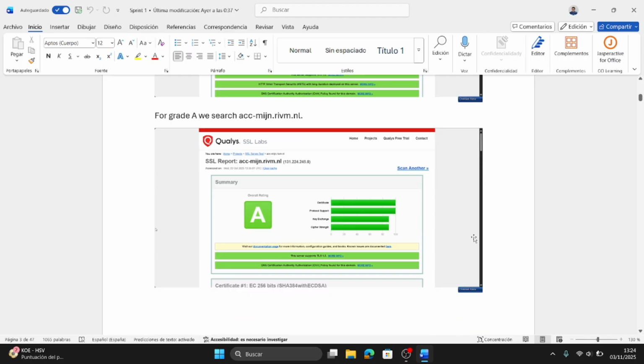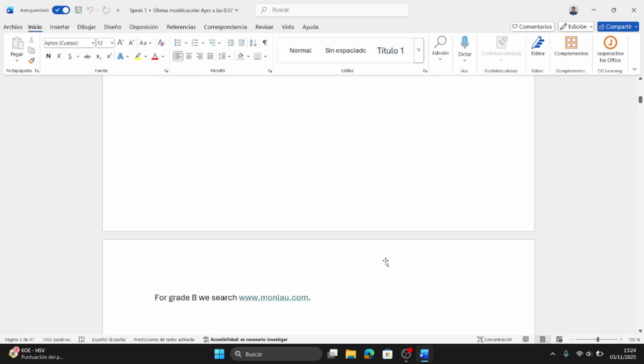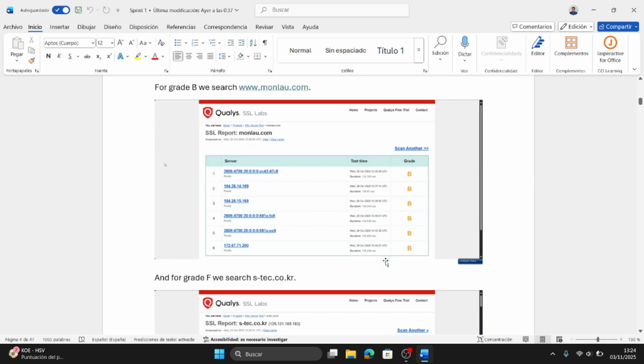For grade A, I search accmijoken.ribam.nl, and we see that this page is grade A. For grade B, I search my school domain, that is monlau.com, and we can see the grade, the servers that it uses, and the last time that they got tested.